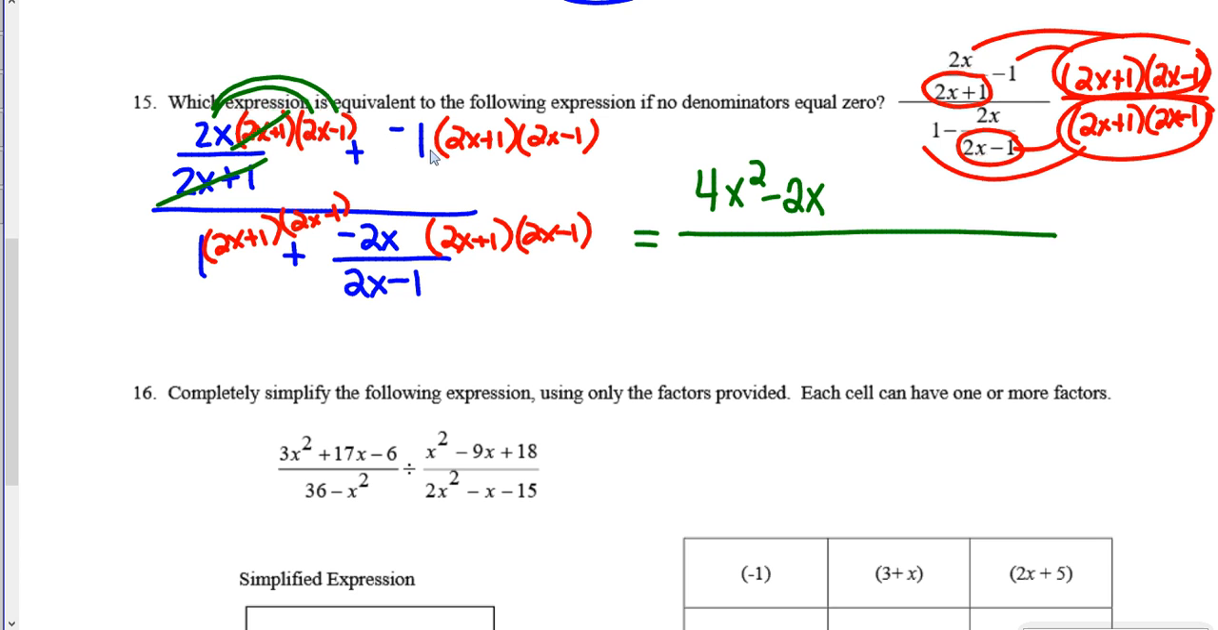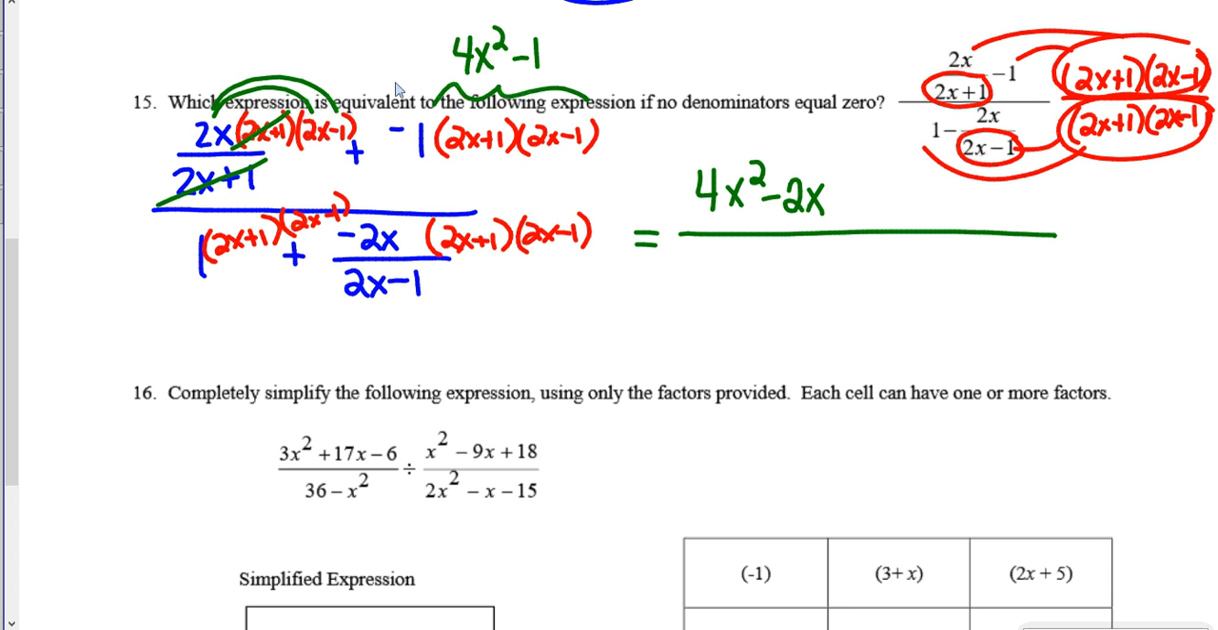Now over here, I had negative 1 times 2x plus 1 times 2x minus 1. Those are three terms. I can multiply them in any order I like because multiplication is commutative and associative. I would probably put these two together first since they're conjugates. I know I'm going to get 4x squared minus 1 because my middle terms of plus 2x and minus 2x